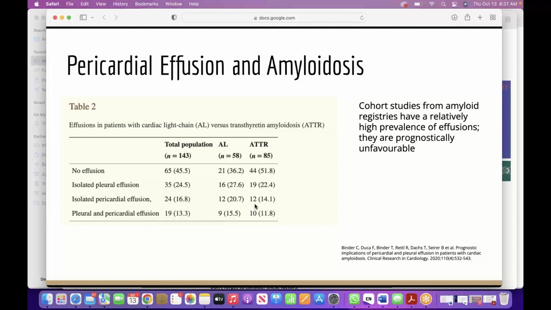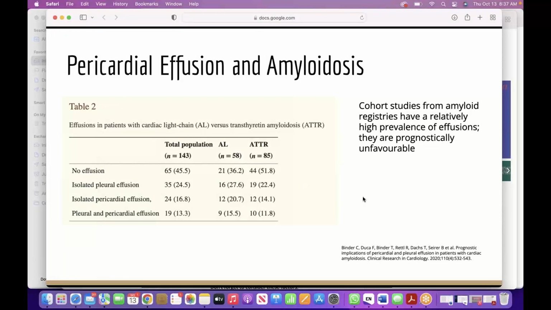In an analysis of patients with AL and ATTR amyloid, 143 patients, less than half of them had no effusion. A quarter of them had an isolated pleural effusion, and 17% had an isolated pericardial effusion, and 13% had both of those. And I think the benefit of pointing it out is that it can be a clue to raised pulmonary pressures,